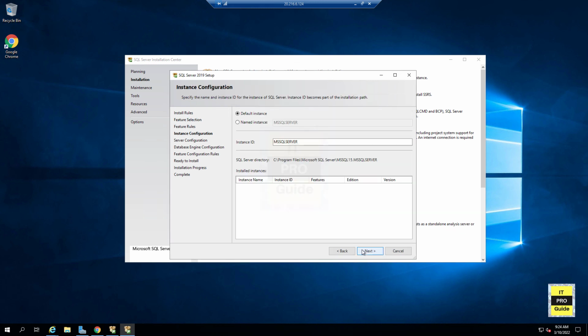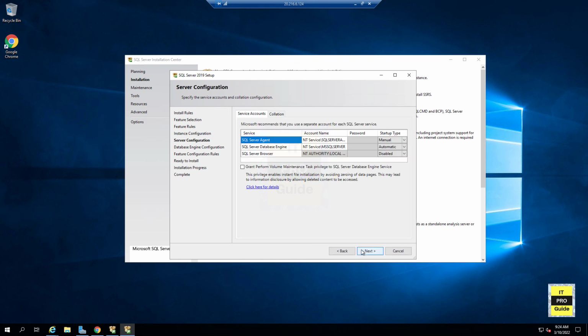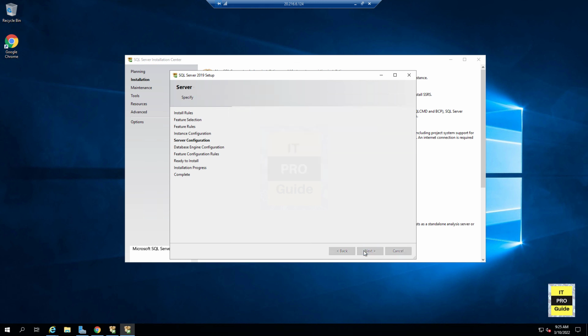Then configure the instance ID. So the default is MS SQL Server. I'm not going to change it. Then the next step we have is the server configuration. So here the service accounts startup type, you can change it to automatic or manual or disabled. So I will keep it all automatic. Then click Next, and the